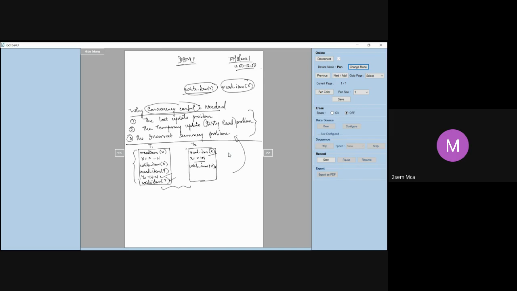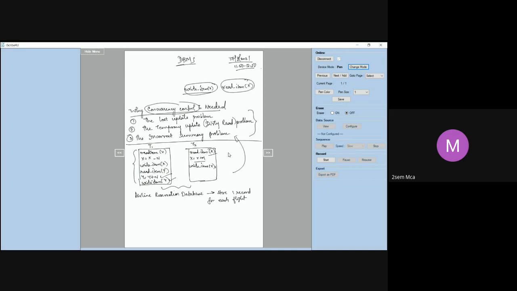Now, what is the database that we are going to consider for dealing with these issues? Let us take an example of an airline reservation system, or let us say an airline reservation database. In this airline reservation database, we are going to store one record for each flight.